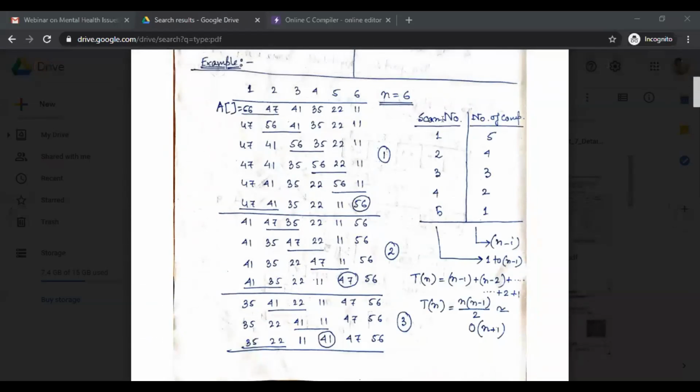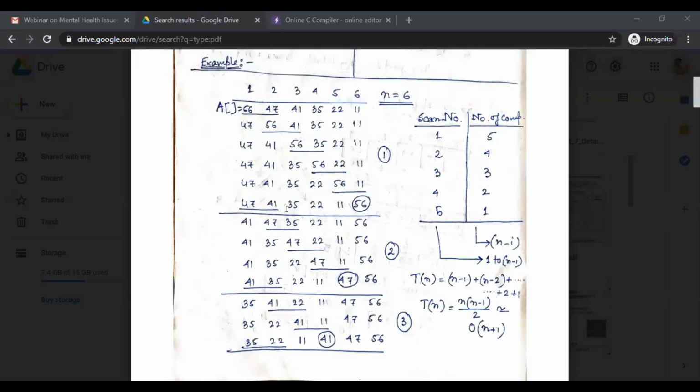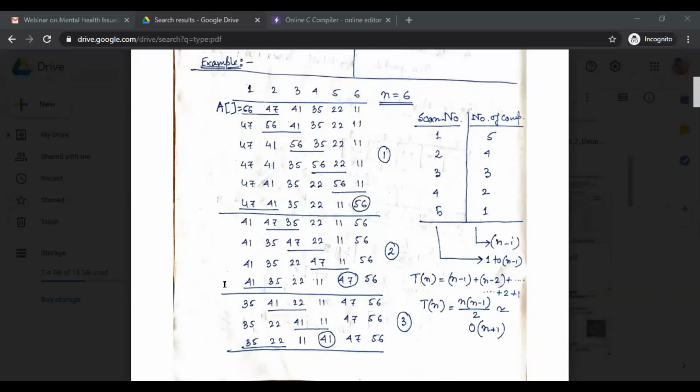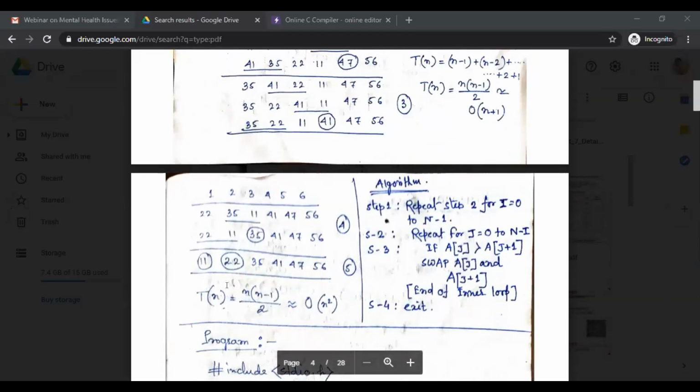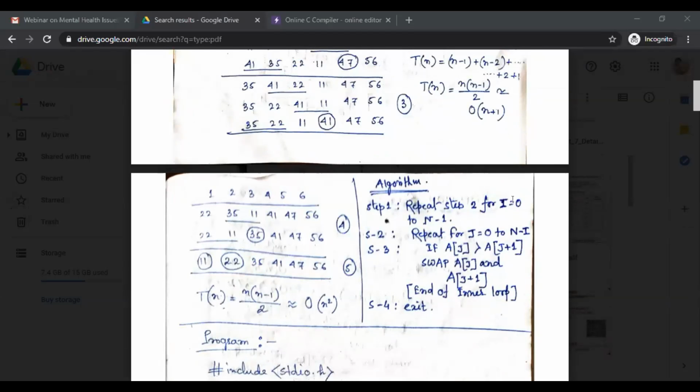If 5 elements are placed in sorted position, then the 6th one is automatically sorted. So our outer loop is executed for 0 to n minus 1.